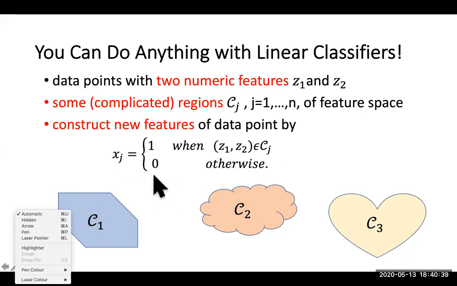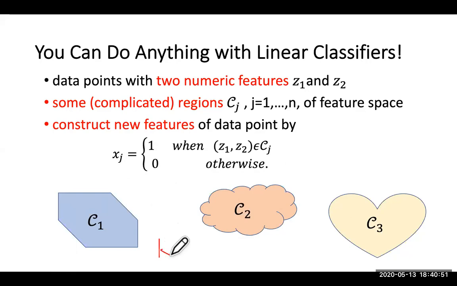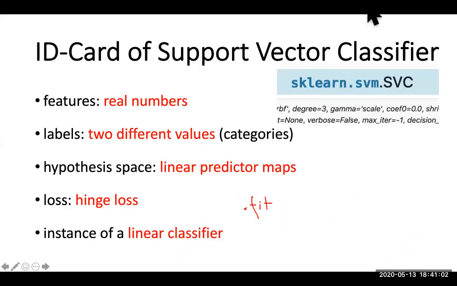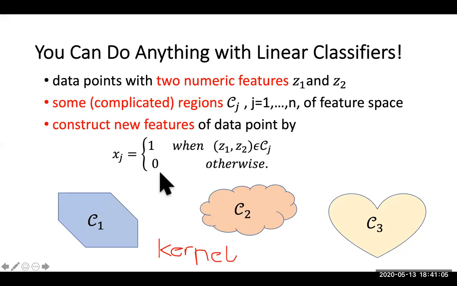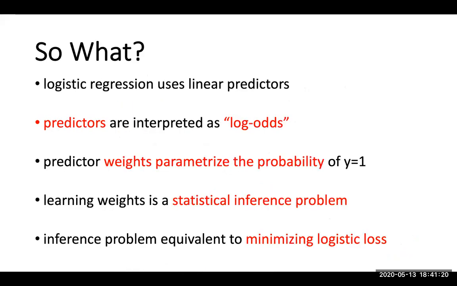And this idea of expanding the scope of linear predictors or linear maps by using new features is also underlying a class of methods known as kernel methods. Maybe some of you have heard about kernel support vector classifiers. These are nothing but support vector classifiers like we talk about here, a linear classifier, but you use the support vector classifier for new features. And these new features are constructed using kernels. But we don't discuss more about kernel methods in this course. Okay, so